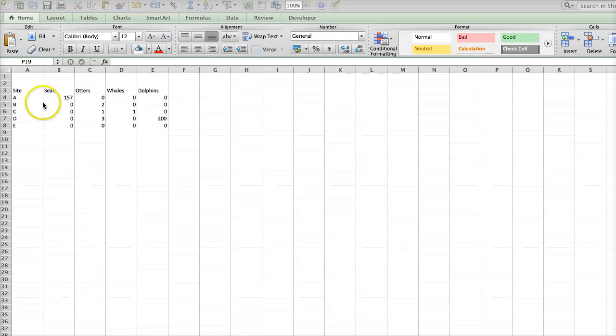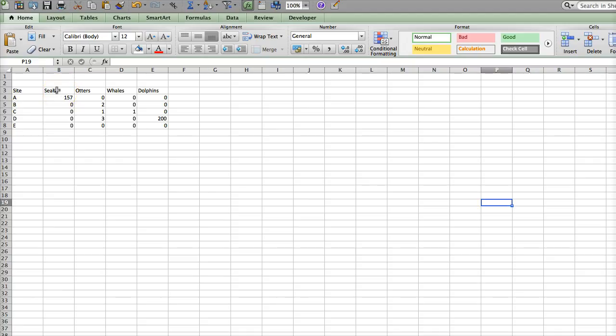So what we have here is some data, and let's say this was our data from the Marine Mammal Lab, right? So we were in Site A next to Hopkins Marine Lab, and let's say we had 157 seals, right? And then we found some otters in some other locations, and let's say we got lucky and even saw one whale, and then just to top it off, we saw a big spotted dolphin go past us towards the end, all right? So what we're going to do now is start making our graph, and we're going to graph all